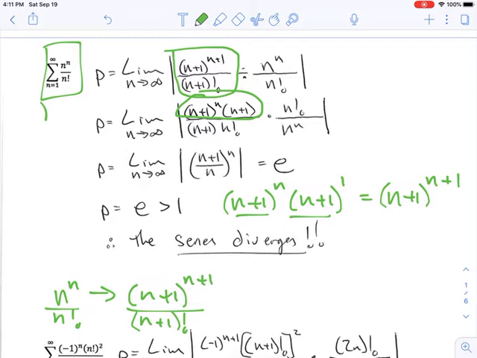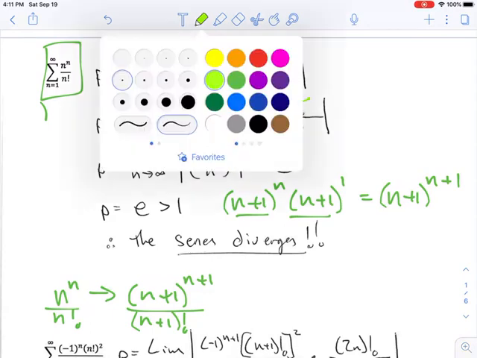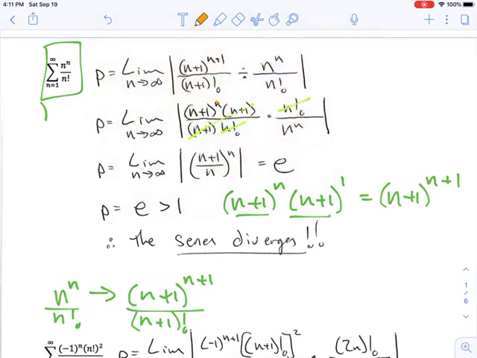And then in the denominator, I did the same thing with the factorial as in the last example. And so from there, it's just a lot of canceling. N factorial cancels with n factorial. The n plus 1's cancel. And so what we're left with then is n plus 1 to the n over n to the n. And so we can combine that as n plus 1 over n, all raised to the n,